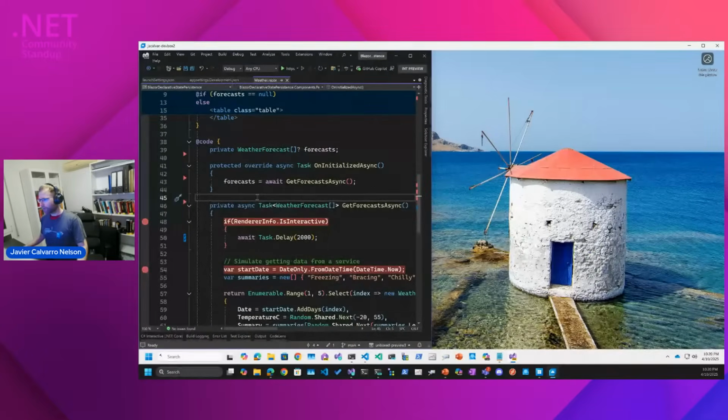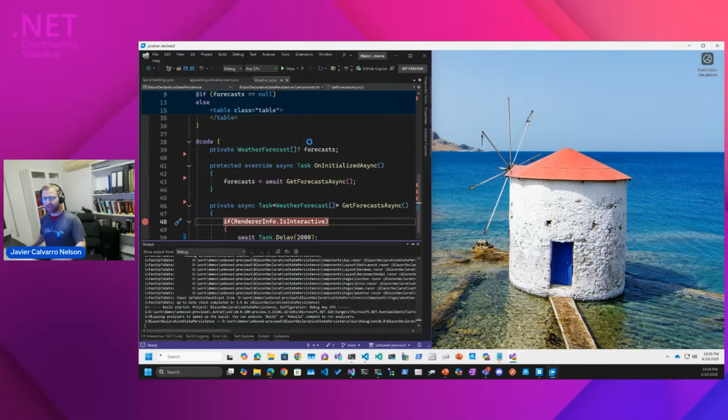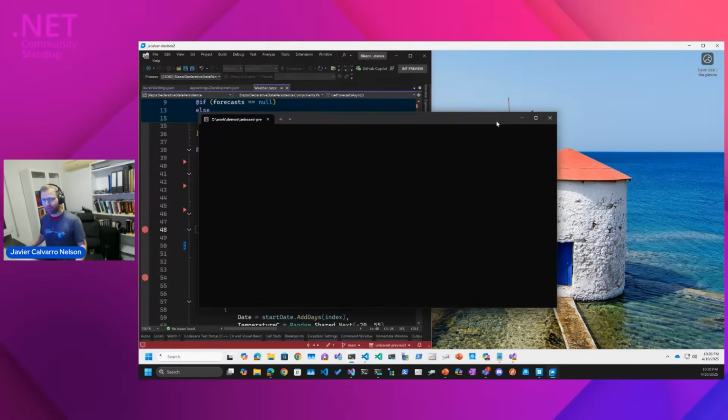Awesome. So yes, in preview 3, we've been continuing this journey that we have of improving the server story and doing some also improvements to WebAssembly. So we added support on preview 3 that we showed in a previous show for declarative persistent component state. So the problem that we have is that when you run a Blazor app, for example, the Blazor Server Interactive app that I have here,